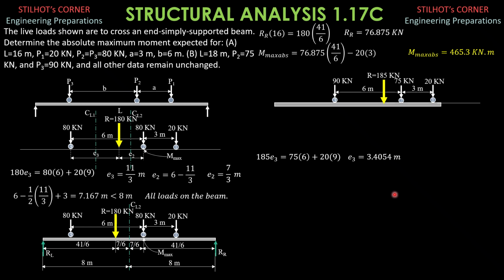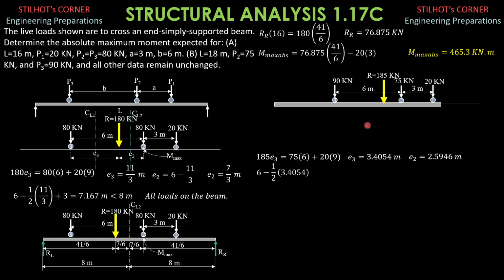Because 3.4054 meters is almost 3, and E sub 2 is also slightly lesser than this value, let's evaluate two possibilities because this time we have different magnitudes for loads 2 and 3. So first, by principle, we consider that the maximum moment occurs under load 3. So E sub 2 is 6 minus 3.4054, so 2.5946 meters. Not shown here, but it is 6 meters minus E sub 3.